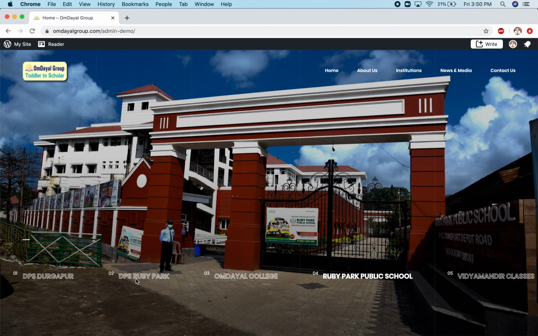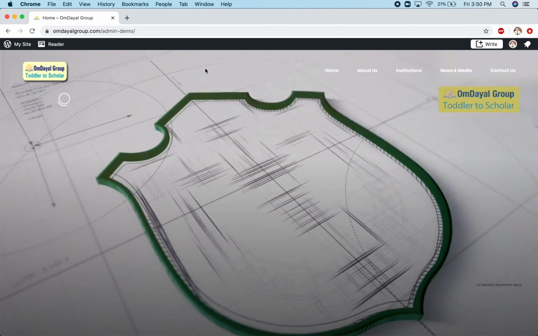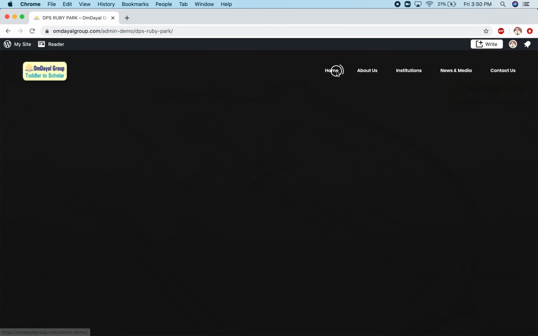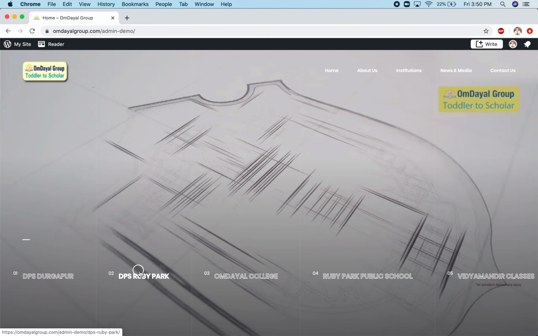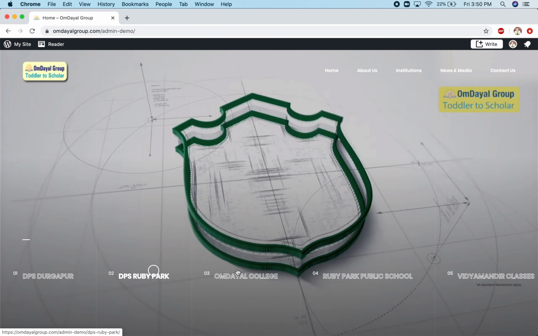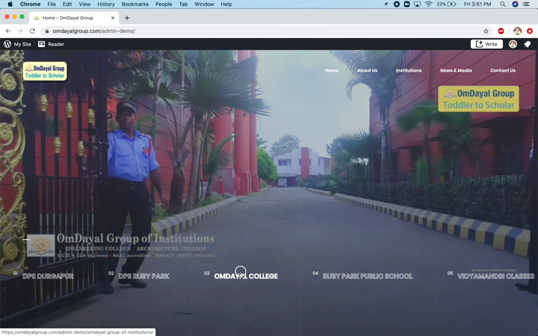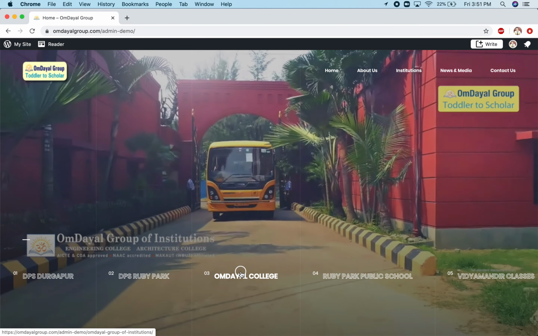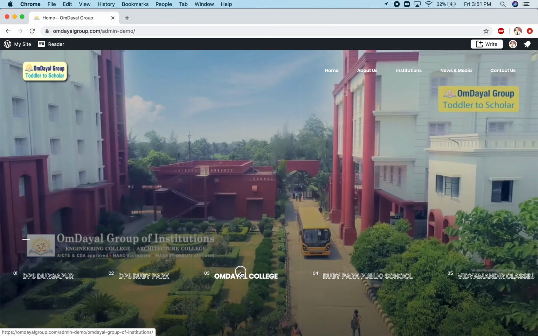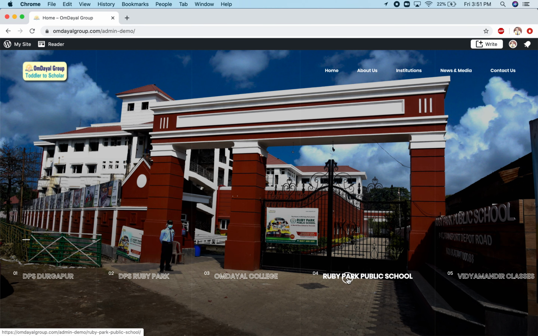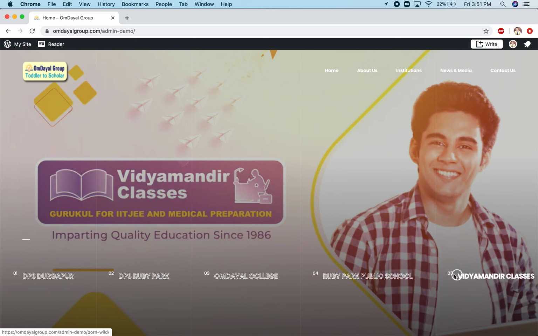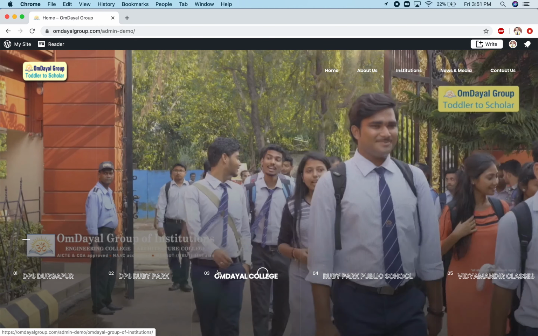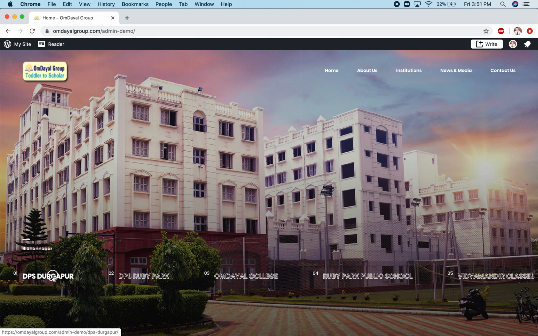Now the cool feature about this homepage is once you are on the homepage, you can just hover over the different institutions and watch the different animations or the videos relating to that school populate on the screen. That's really cool because this in a way is very interactive for the UI experience, and also very modern looking. So now what happens when you click on one of these institutions?